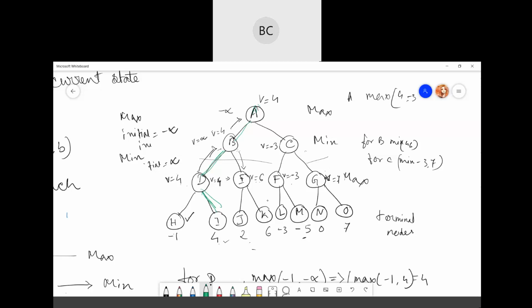This type of game has a huge branching factor, and the players have lots of choices to decide from. The limitation of the minimax algorithm you can improve with the help of another method, which is alpha beta pruning.